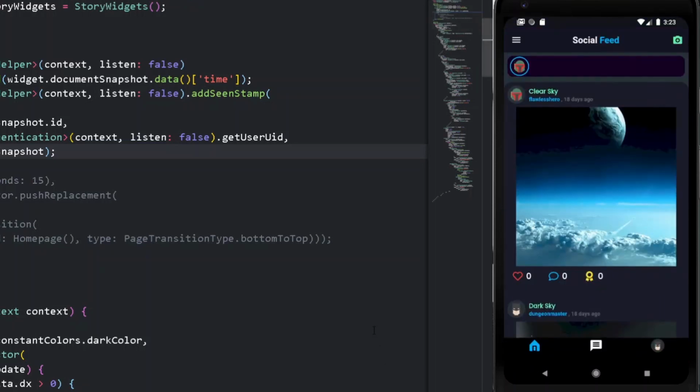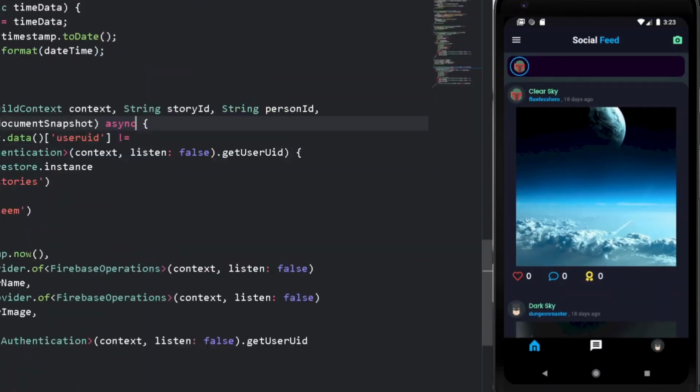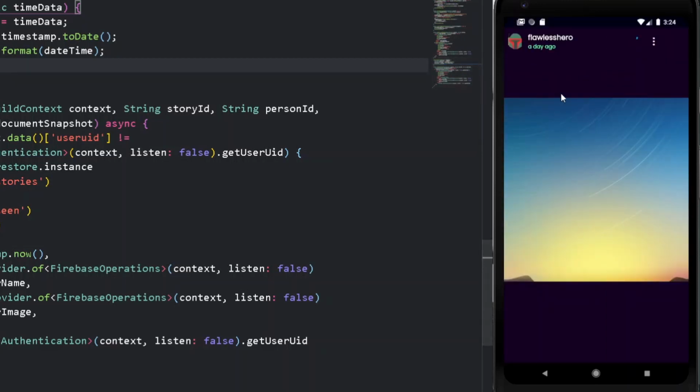So now we can come out of this, but it should be seen, not seem. I think I had added a wrong spelling. No worries, let's make it of scene. And now let's try it out one more time. So for trying it out, we can open the following story one more time. Easy, we have seen the story one more time. Flawless Hero, you are doing a great job. Again one time. Congratulations, we have done a great job.